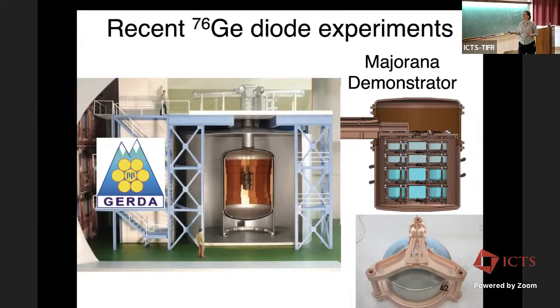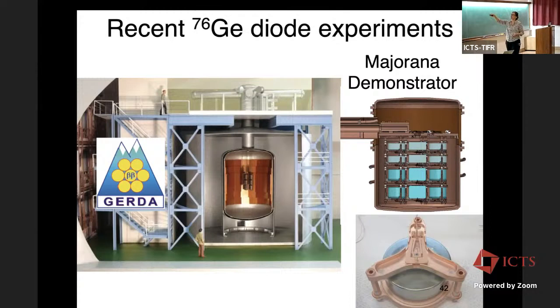So this is at Gran Sasso, and we see our detector in the middle of a water tank. It's not uncommon for these detectors to be in a water tank. That's just for shielding purposes. Gran Sasso is one of the medium deep laboratories. It's off a highway tunnel in Italy under a mountain. And we see a cryostat here. Cryostat is filled with liquid argon. Liquid argon provides a veto around the germanium diode detectors, but the germanium here, it's enriched in germanium-76, and